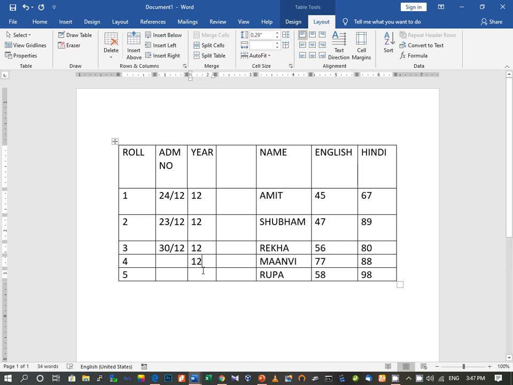Hope you all know how to enter the data, so I am going to stop now. This is how we can split cells. Here you can see that I have split this one particular cell, this entire column, into two parts.